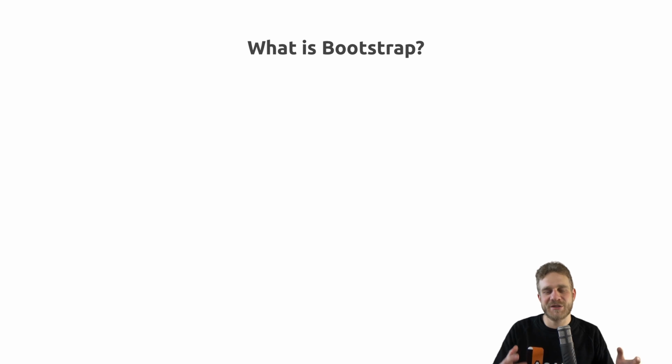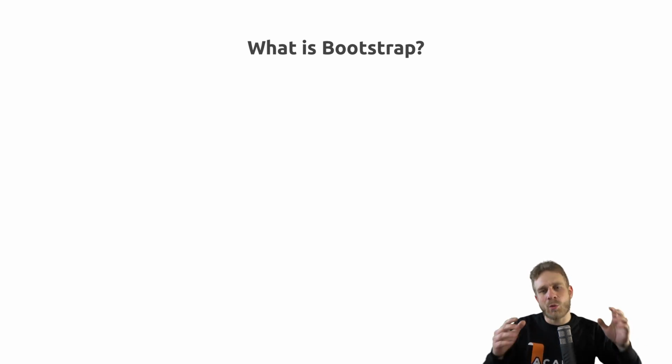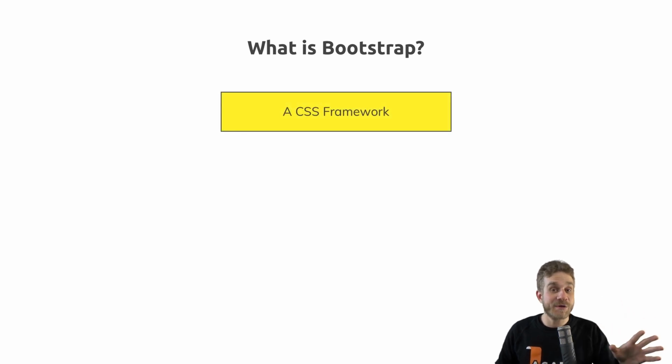In this and the next videos of this mini-series here, I want to dive into Bootstrap 4, which of course leads us to the question, what is Bootstrap 4? It's a CSS framework, and in this video I want to clarify what exactly it is, what it offers us, what makes up a CSS framework, and how we can add it to our next project, to our next website, before we then later in this series dive into some of its features, learn how to use them, and build a tiny little website, at least the front end of it, with it. So let's get started.